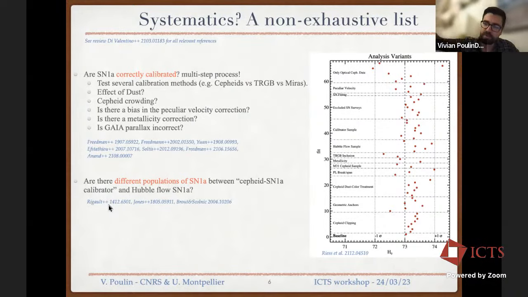However, when you go into the Hubble flow, you have a mixture of both populations, and so you may be using a wrong intrinsic luminosity. You're applying the intrinsic luminosity of a single population to the whole population. And the answer is that, of course, people are taking this very seriously, and the simple answer is that they do not see such an effect.